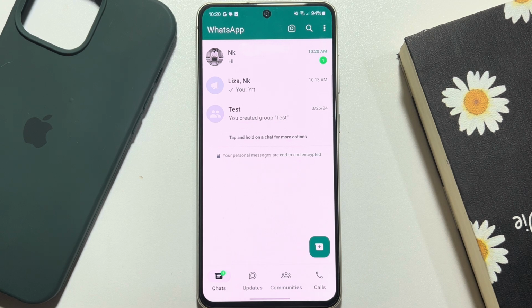Hi, in this tutorial I'm going to show you how to read WhatsApp messages without blue ticks or without being seen. To see someone's WhatsApp message without blue ticks, we have to turn off the read receipts